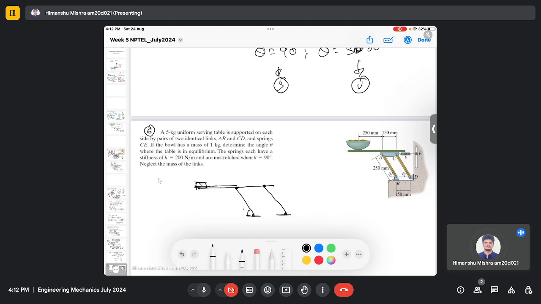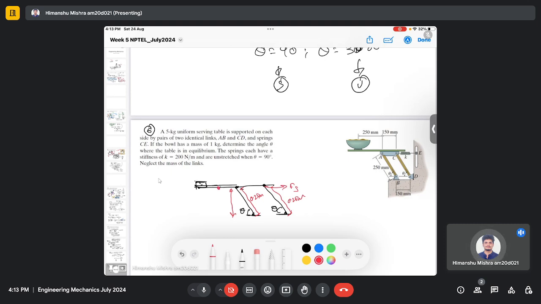So this is angle theta, this is angle theta, and this is 0.25 meter, this is 0.25 meter, and there is a spring force here. So this distance,